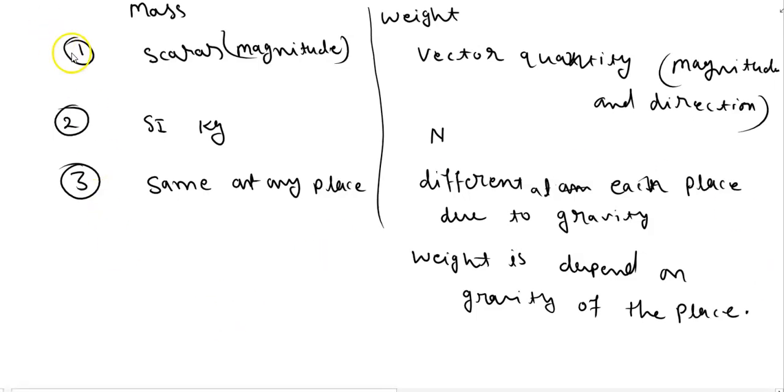So these are the points: mass is a scalar quantity, weight is a vector quantity. The second point, the SI unit of mass is kg and weight has the Newton. The SI unit of weight is Newton and mass is the same at any place, like on earth,